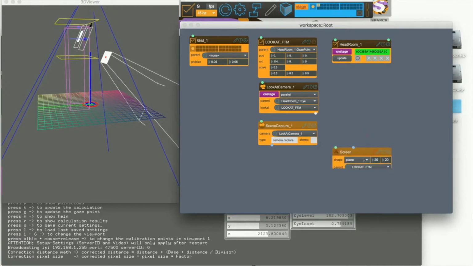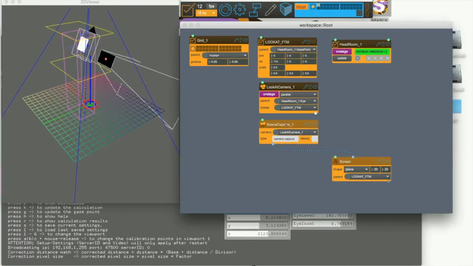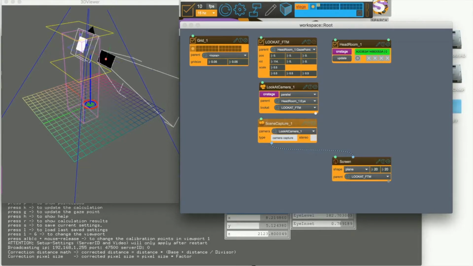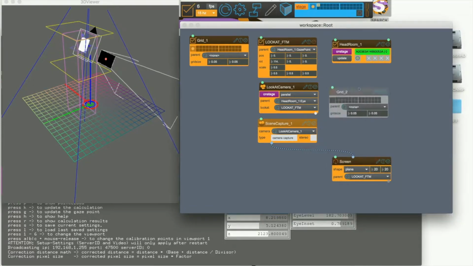I'm linking the output of the scene capture to the screen, and now the screen shows the texture, the result of the screen capture, which is still black simply because there is nothing to be captured, but we're going to change that now. I'm going to create a new grid